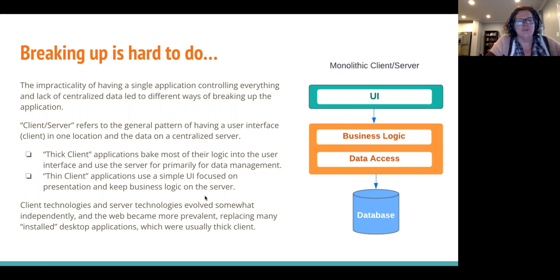And the pendulum kind of swung back and forth between thick client, thin client with various technologies. When single page applications got popular several years back, thanks to Angular, React, Vue, etc. This provided a more sophisticated development experience that could run in the browser. Those apps could be internally quite modular, and they require connecting to one or more external data services, as they